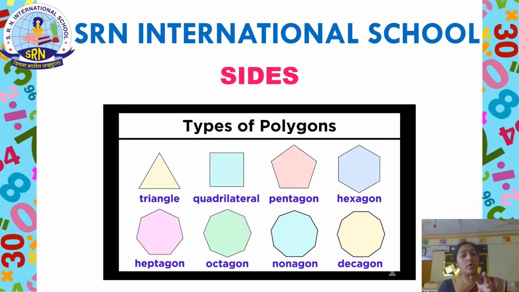Now, how is a polygon decided? It is decided by the number of sides it has. The connecting lines that make the complete closed figure are known as the sides. The figure triangle is known as such because it has three sides. Three sides, tri, therefore it has the name triangle. Quadrilateral, quad means four, so it becomes a figure with four sides. Pentagon, penta means five. This is a figure that has five sides, and so on.